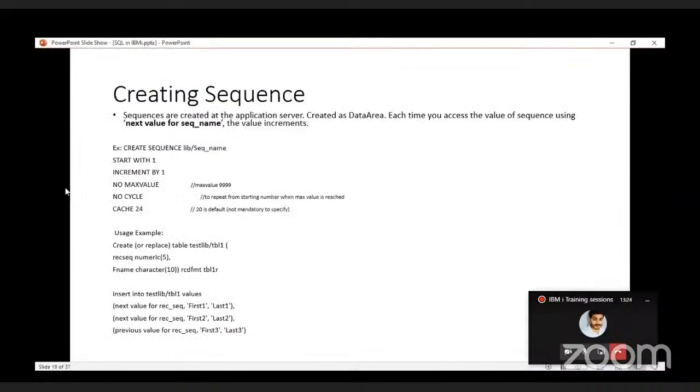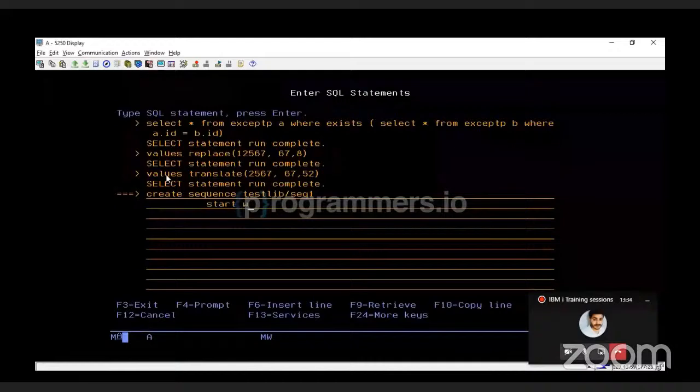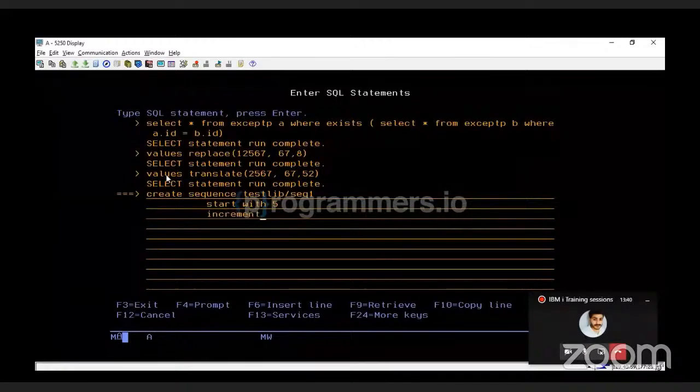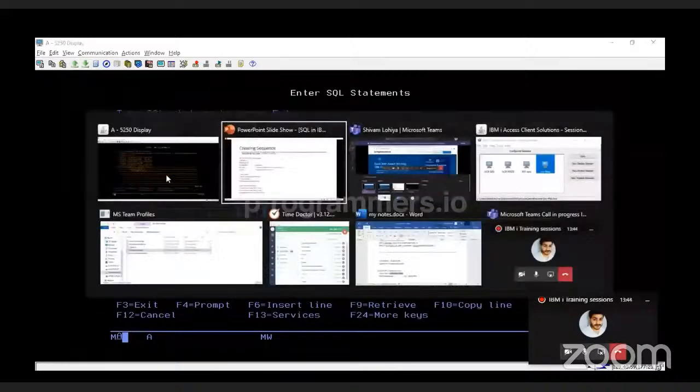It says it will be starting with 1. The increment can be anything, the start can be anything. It's the value that the user can provide. So if we are starting it with 5, let's say, incrementing it by 5,